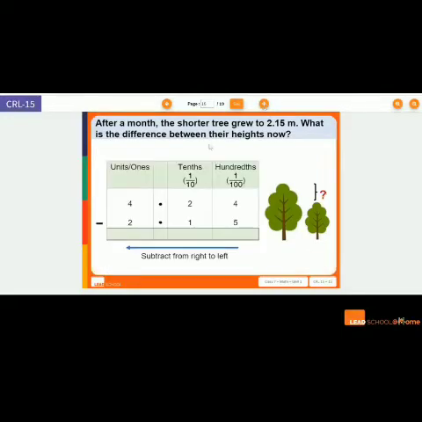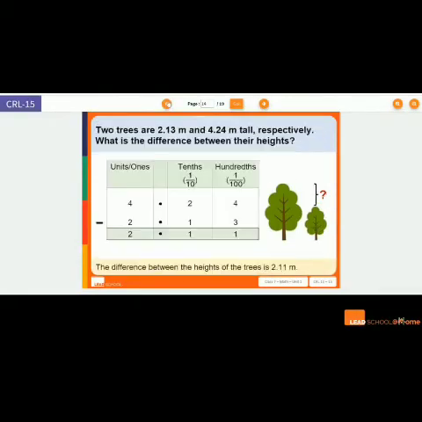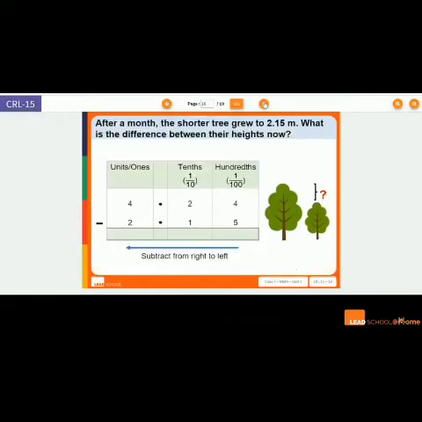Let us check our answers. All right, so we know the height of this tree is 4.24 meters from my previous problem. The new height of the tree is 2.15 meters. Okay, now it gets a little tricky here. Like how we had carryover in addition, in subtraction we'll have to use the idea of borrowing because 4 hundredths is lesser than 5 hundredths. Correct? So I will take out 1 tenth and move it to hundredths. Students, if you recollect rightly, 1 tenth is equal to 10 hundredths.